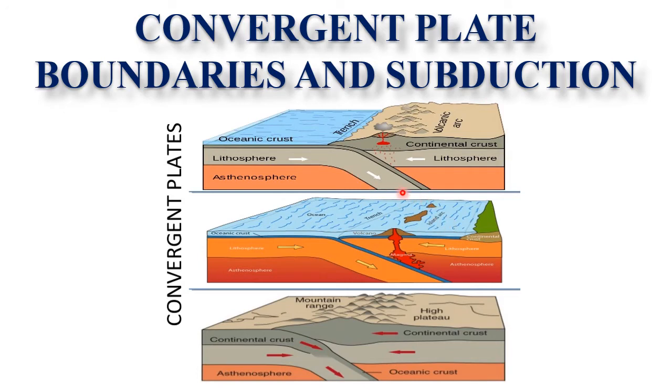This activity occurs along convergent plate boundaries, where two plates move towards each other. So this one is moving towards this and this one is moving towards this. Similarly, these are two plates which are moving towards each other. The leading edge of one plate is bent downward as it slides beneath another plate. The convergent boundary is also called a subduction zone because it is the site where lithosphere is descending, being subducted into